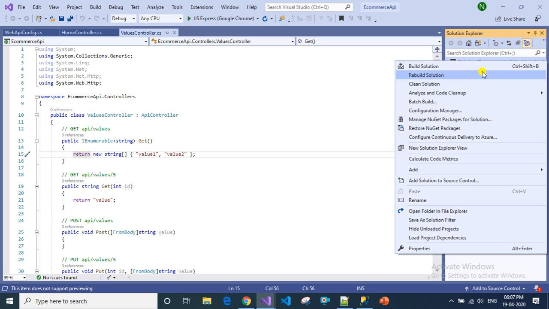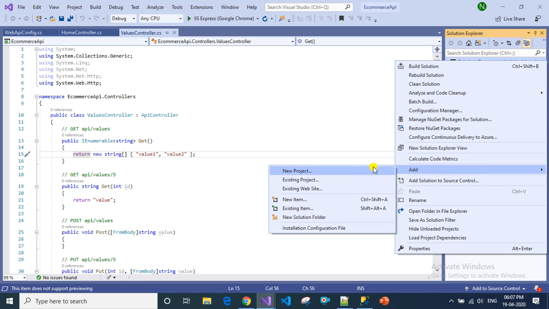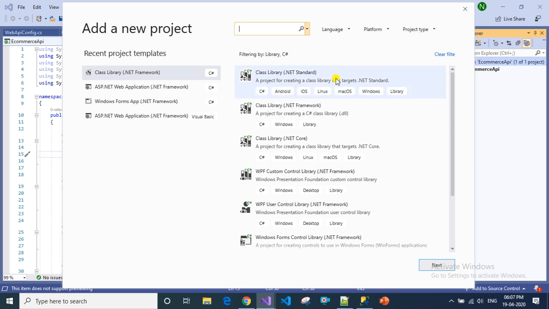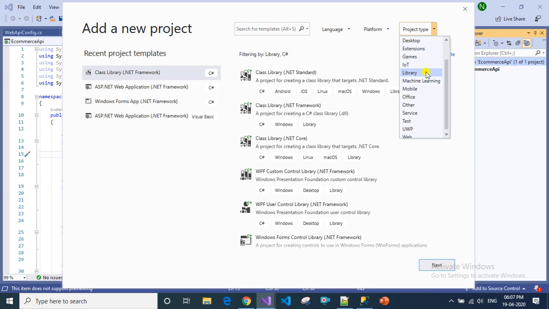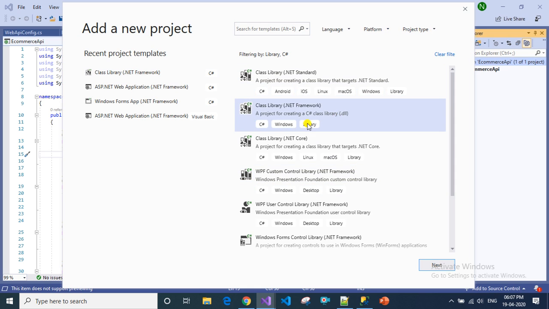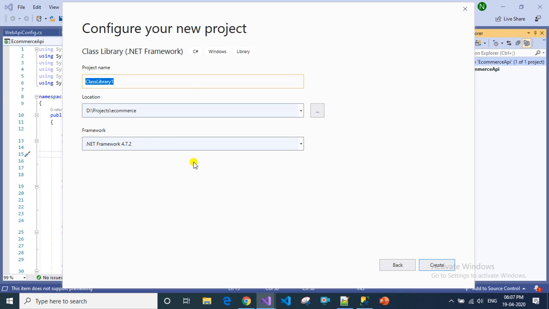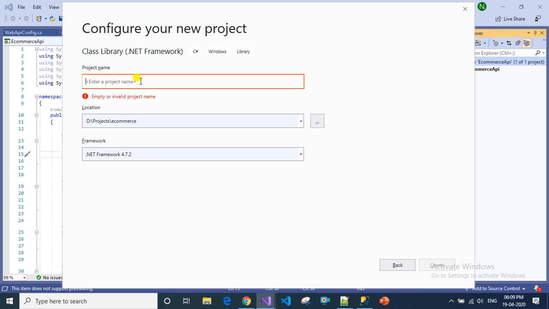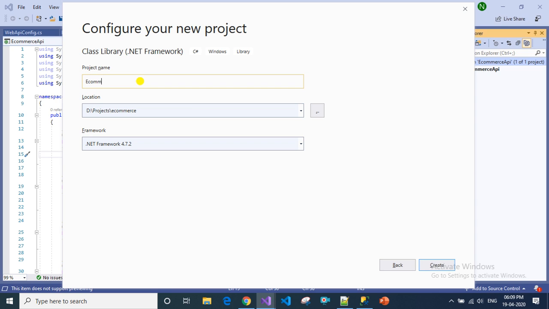Now let's create another project here. The project type is library and you can select this. Now I'm going to change the name to e-commerce data access layer.